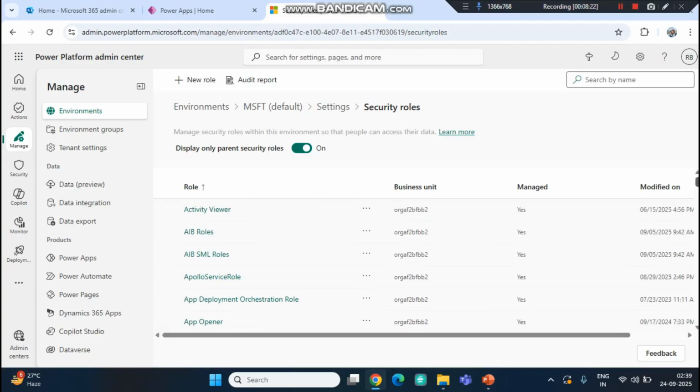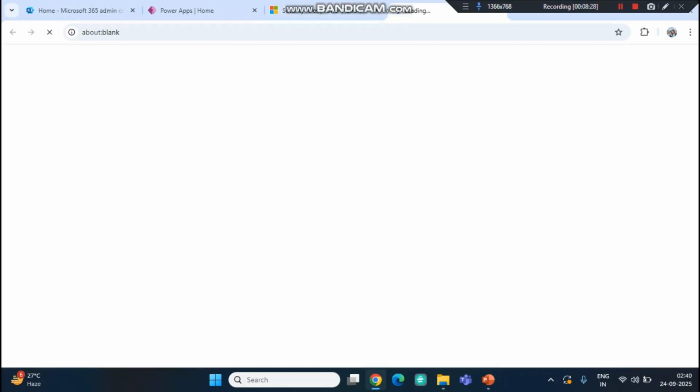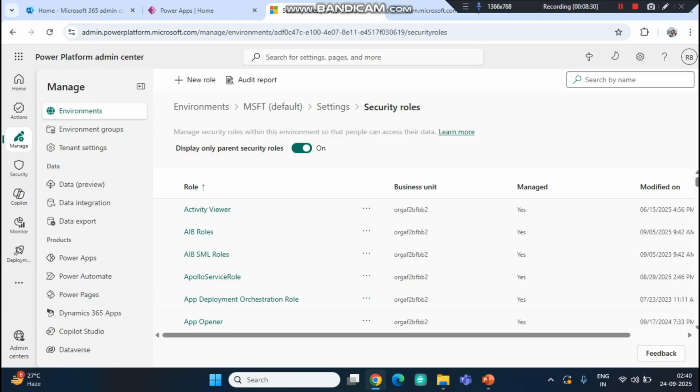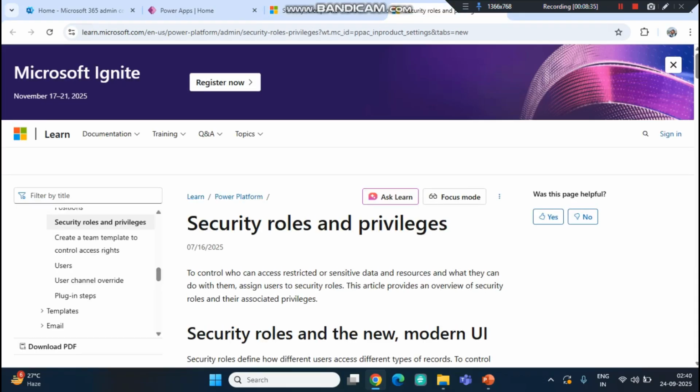Now, if you want to know more about it, what you can do is just click on this learn more. It will open the article for all the environment security roles which are available